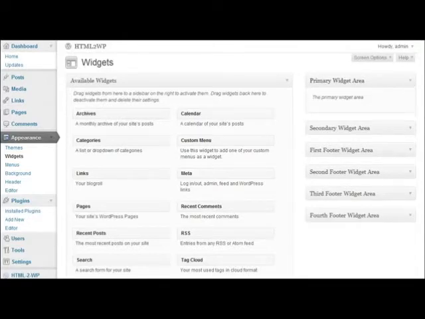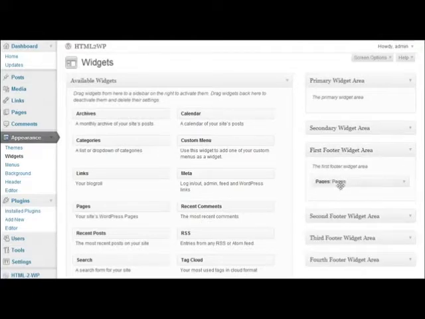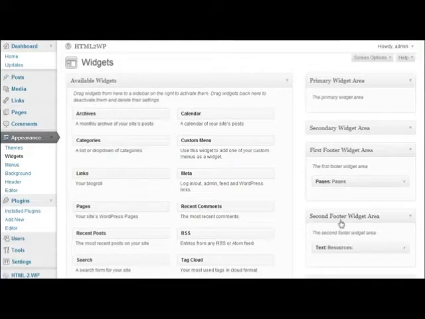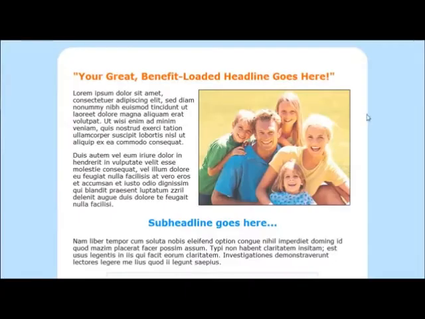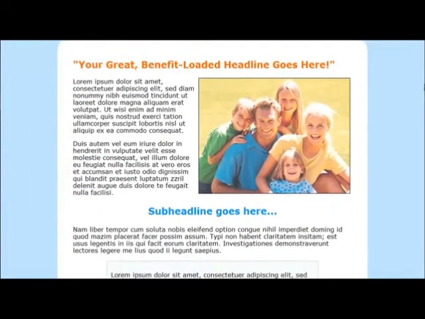I have added some widgets in the first footer widget area, a widget called Pages, which basically shows the pages of your blog, and I have also added another widget in the second footer widget area, the widget called Text, and I have added some resources in here, basically just a couple of links for demonstration purposes. I have also created a sales letter template that has some tokens or shortcodes.